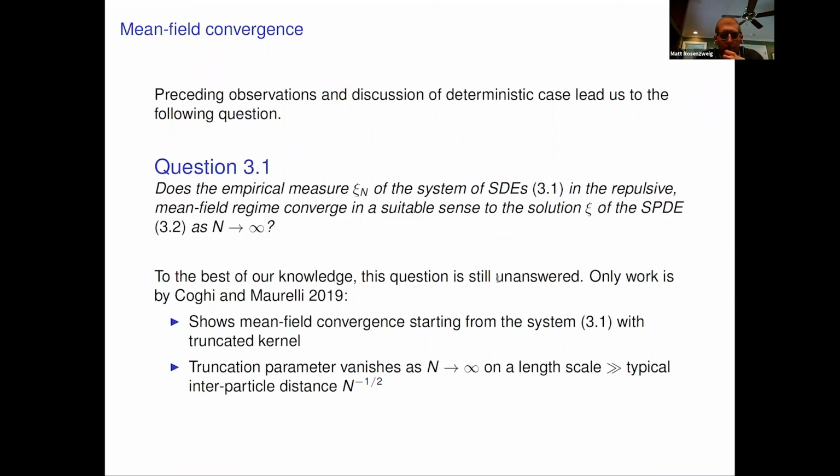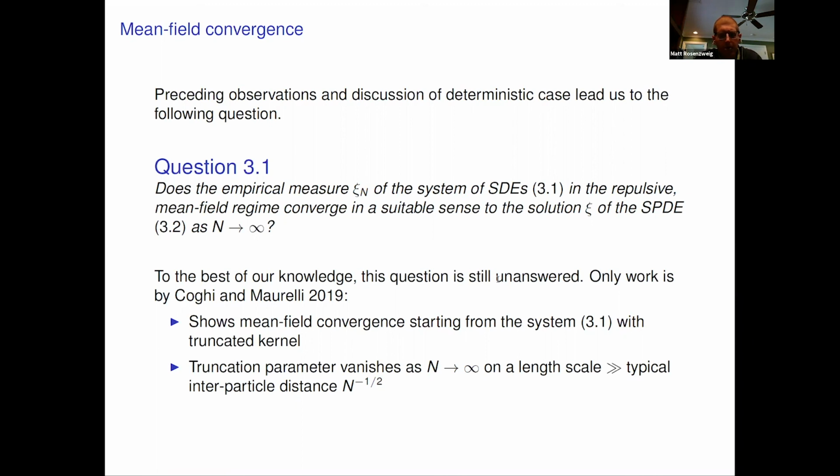In some suitable sense, as n is going to infinity. And as far as I know, this question is unanswered. I was reading a survey by Jabin and Wang from, I think, 2017 or so, where it was listed as open. And the only work I could find is this paper by Kogi and Morelli around 2019, which shows mean